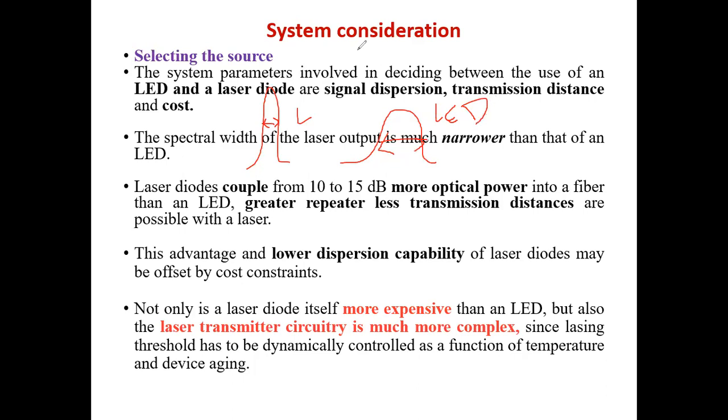Yes? You will go for a broader spectral width or a narrower spectral width? Some answers from your end. I hope you are there at the other end. You will go for a source which has a narrower spectral width or a wider spectral width? We have discussed this many times earlier, right from the first chapter. Randomly name something, you can be wrong.